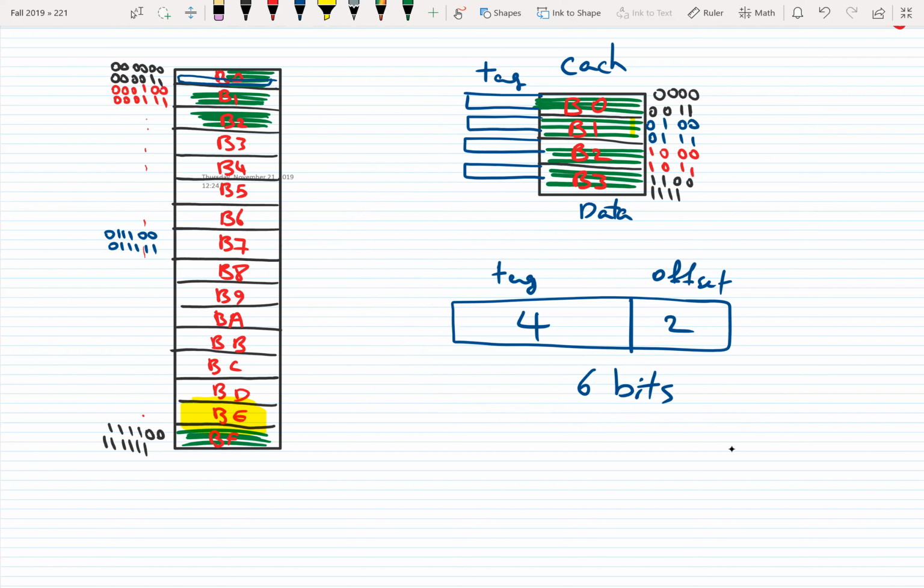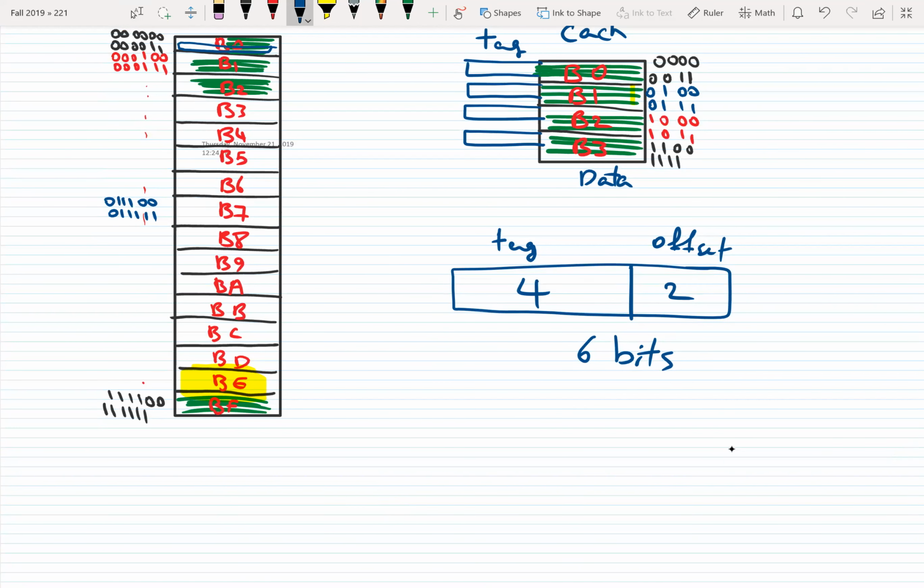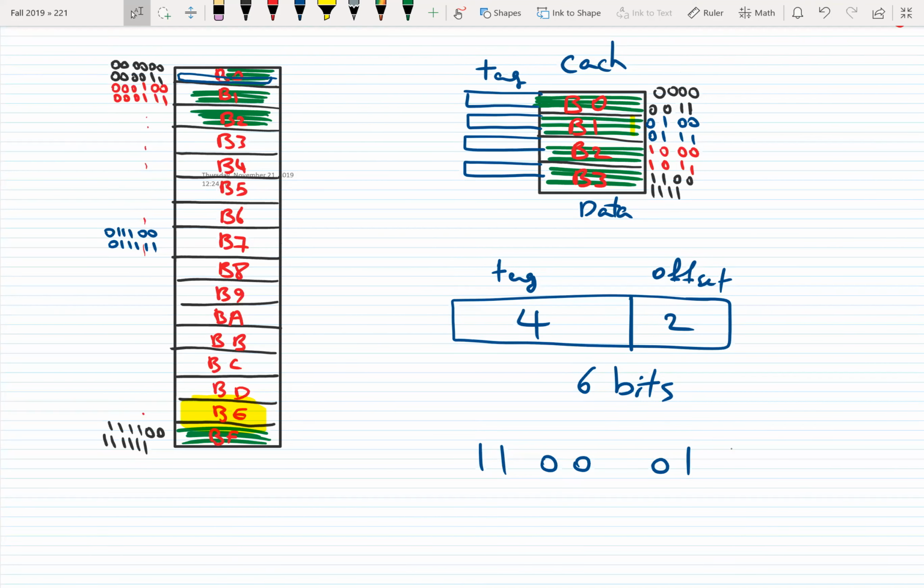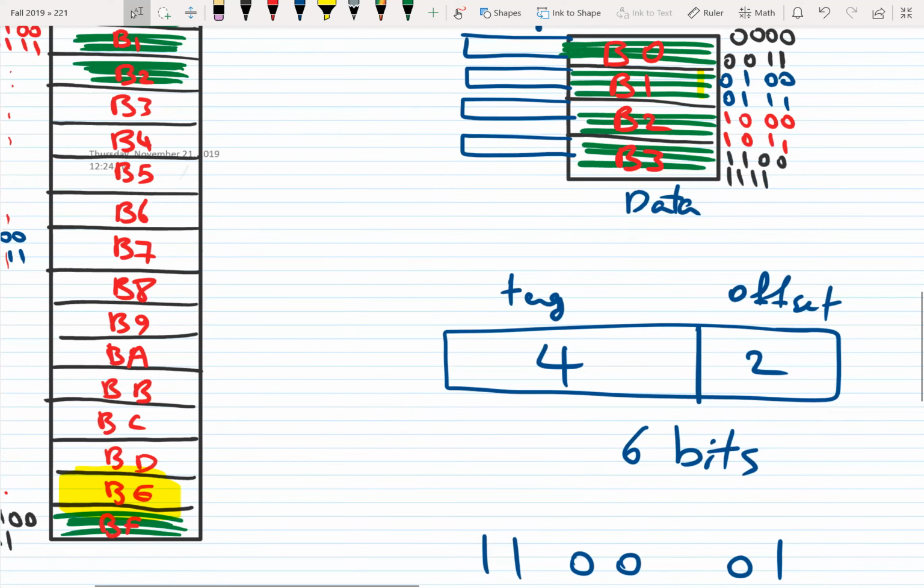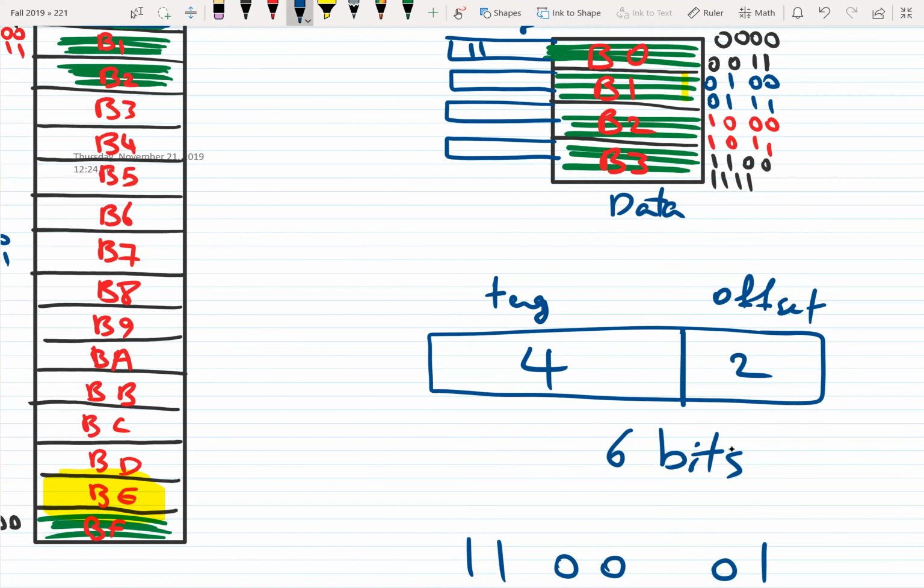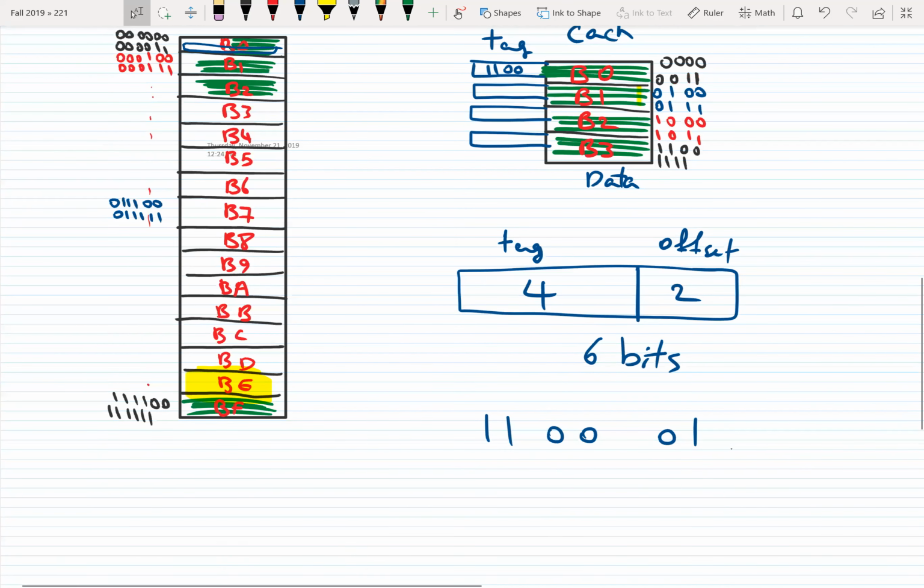Let's do some examples. We want to access address 110001. This block, in fact, moves to block 0 because block 0 is empty, and the tag will be updated as 1100. Then we want